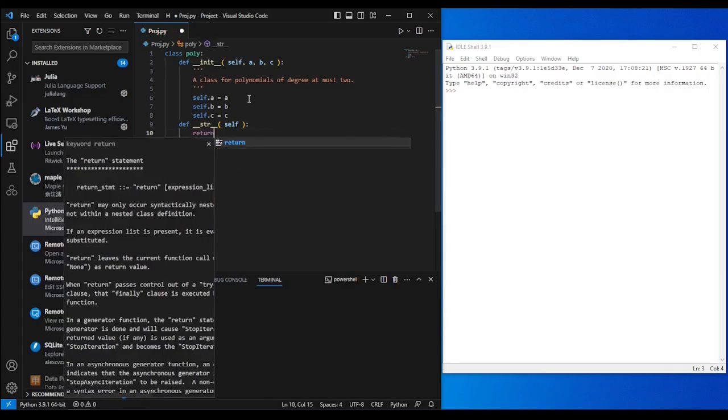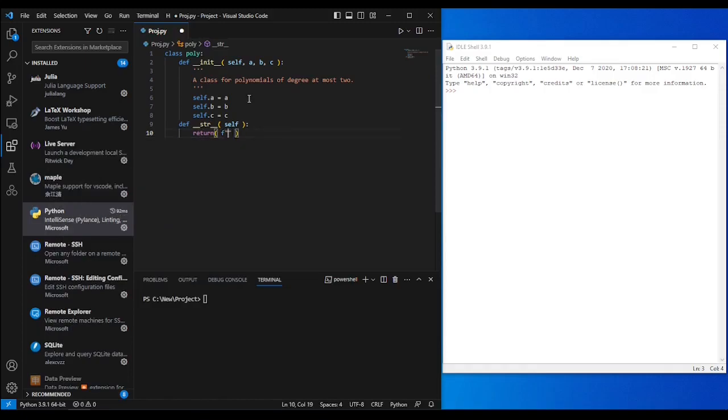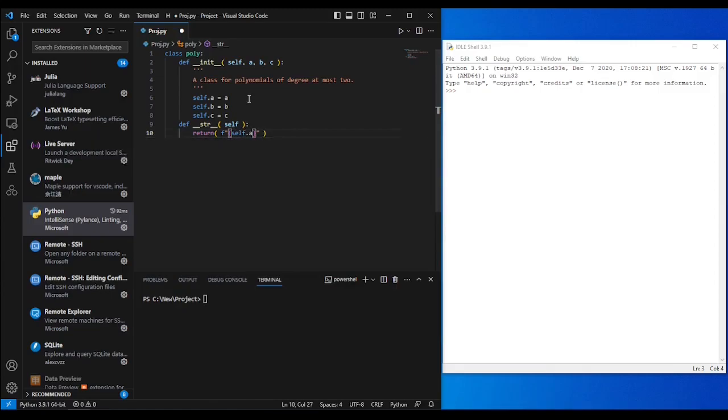So I say return, and it should be a string. I define it by f string because I put the non-string parts inside the quotations of the string, but in curly brackets. So instead of writing self.a plus quotations something and then closing quotation plus something else and then plus quotation open quotation close, then I just open and close the quotation 1 time and use the curly brackets for the non-string parts. So I say self a, the coefficients of x squared, then times x squared,